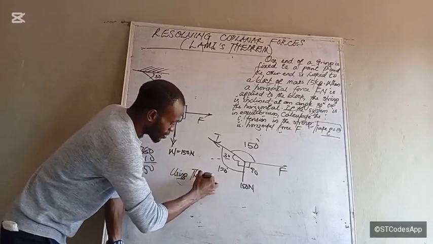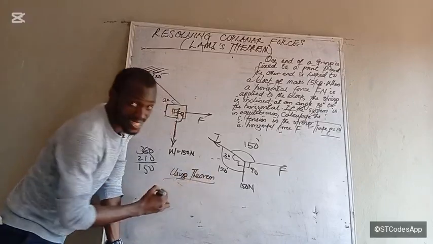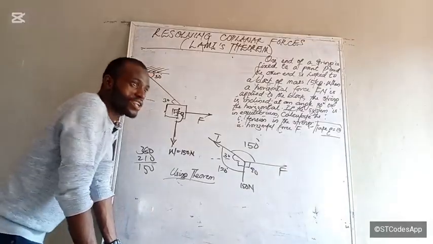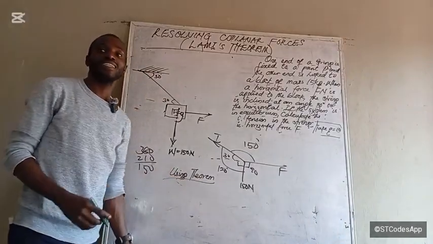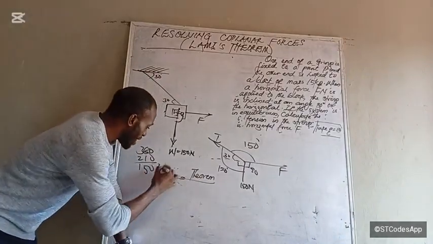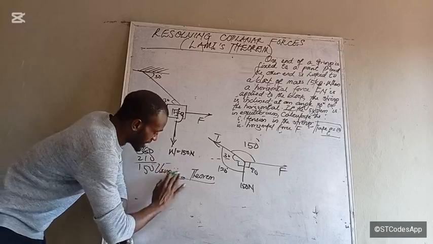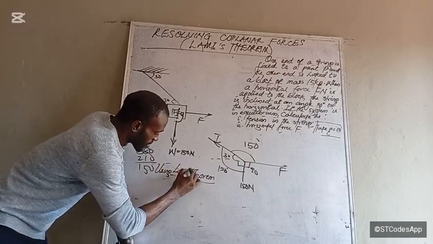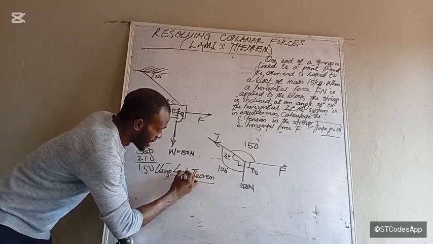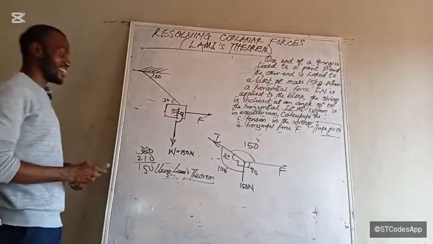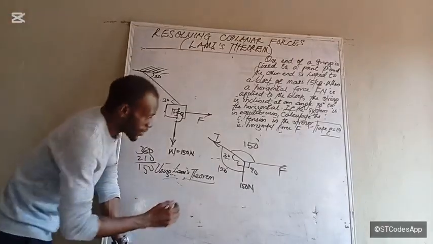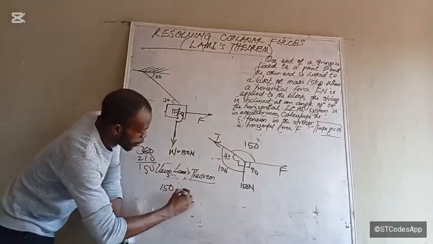One of my students said the way to remember this is Olamide, because she had a friend named Olamide, so they call her Lami. So using Lami's theorem, it will be 150 over